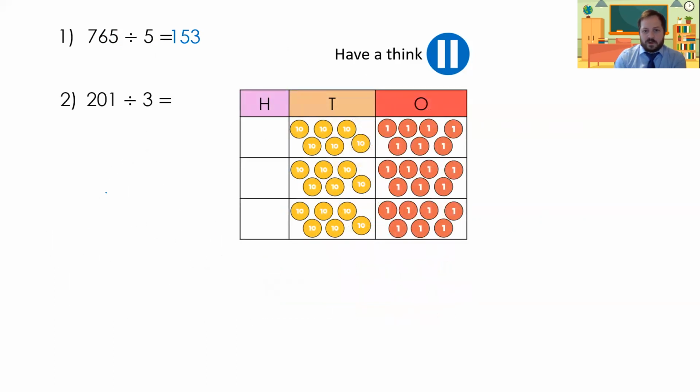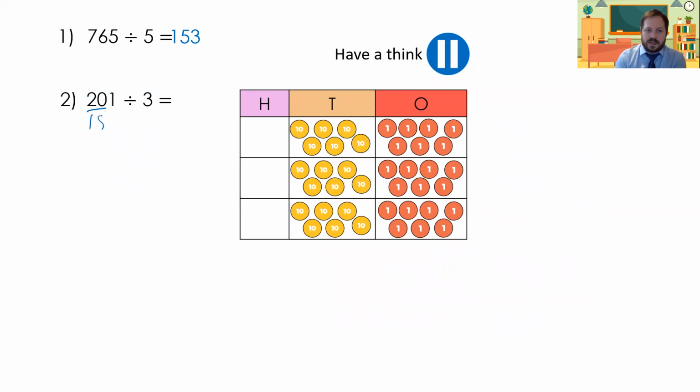Next one, we've got 201 divided by 3. Now, 2 hundreds can't be split equally into groups of hundreds. So then we think about it in terms of 20 tens. So in our tens column here, 20 divided by 3. So we can split that into 6 groups. That's 180 or 18 tens,